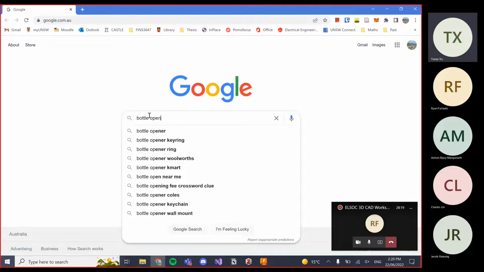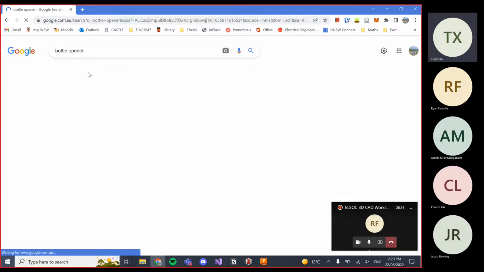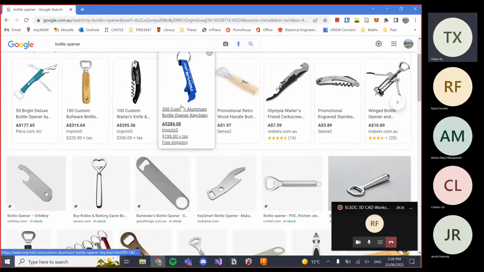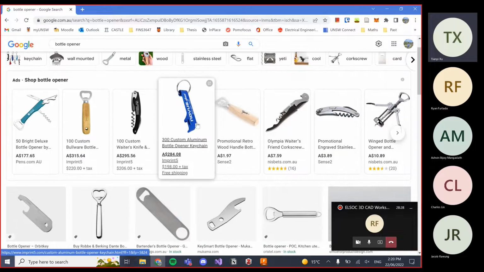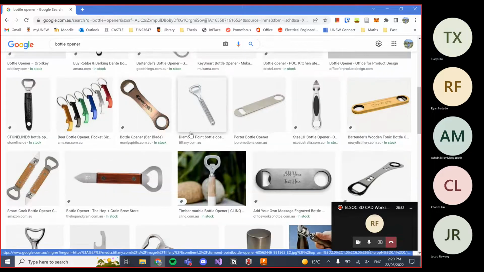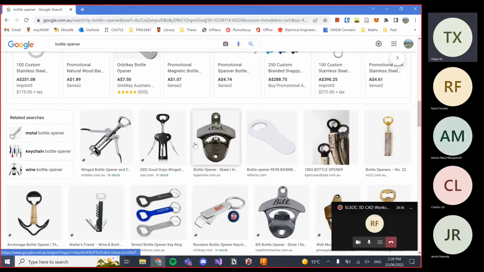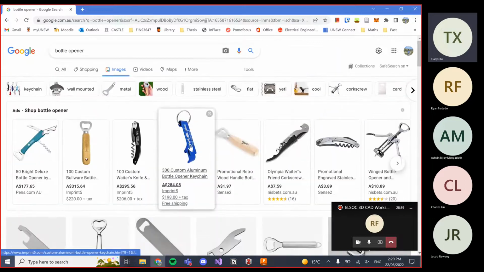Bottle opener. Okay, so look, we've got a bunch here. I was going to make something that looks similar to this, right? And that's pretty simple if we have a picture for it. But I'm just going to go off my brain and think about what this looks like. All right, so